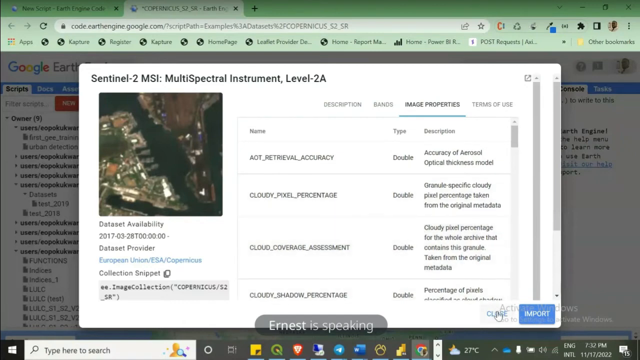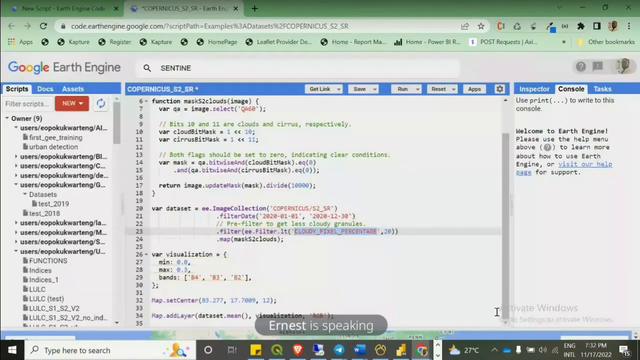Okay, so over here they are saying that they should filter all the pixels or the cloudy pixels that are less than 20%. But I want to reduce the percentage. 20% is too much for me. I want to reduce the percentage for the script to filter the images with lesser clouds. Okay, at least we should get a cleaner